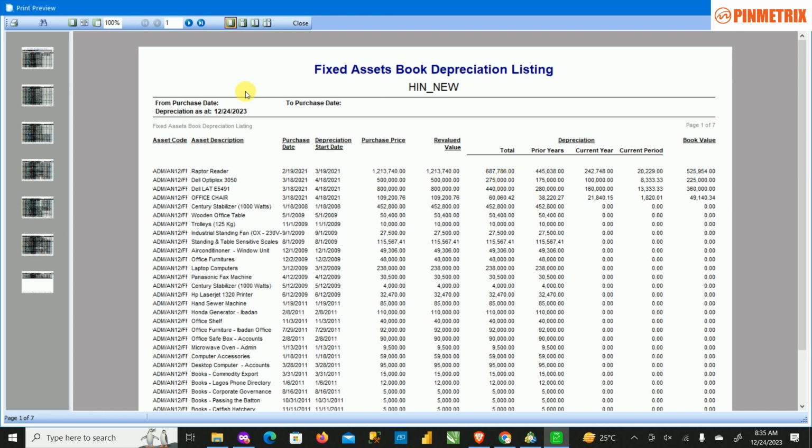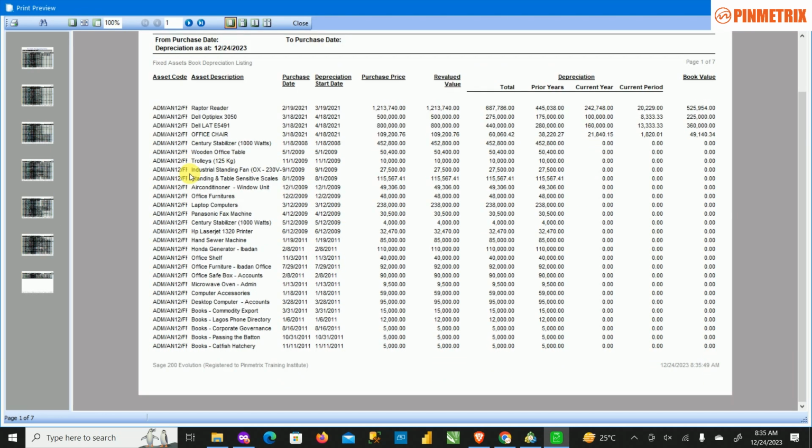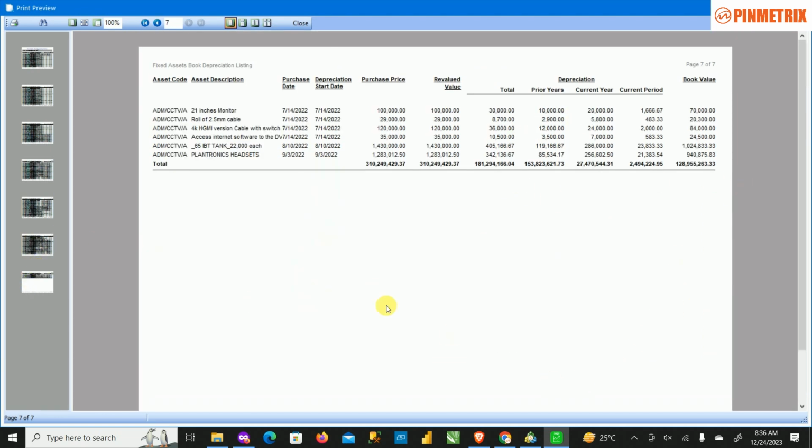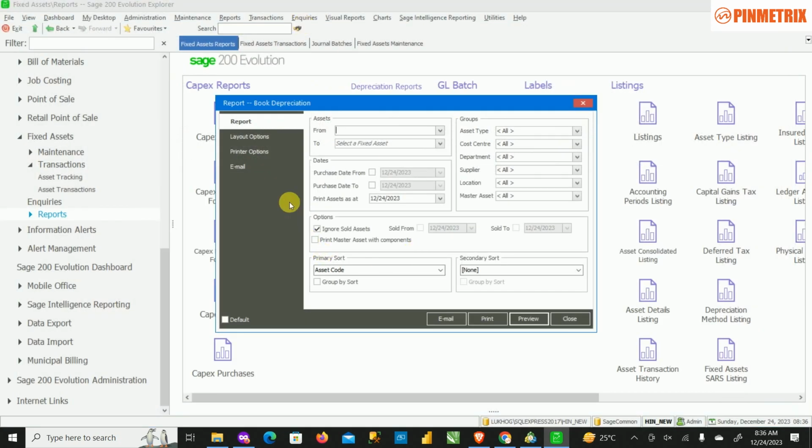So at this end, you can see what this is. So this will give you a full glance. You can print this out, you can save as PDF, you can save as whatever you wish. You can save it as Excel. You can email this. So this is what the report looks like. You understand? You can decide as well